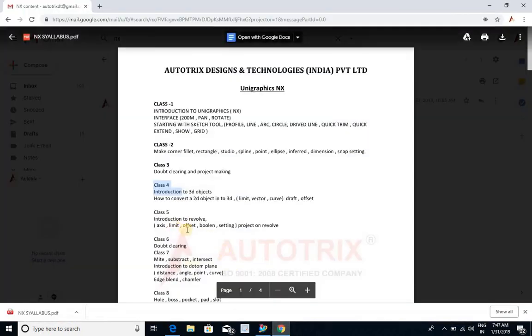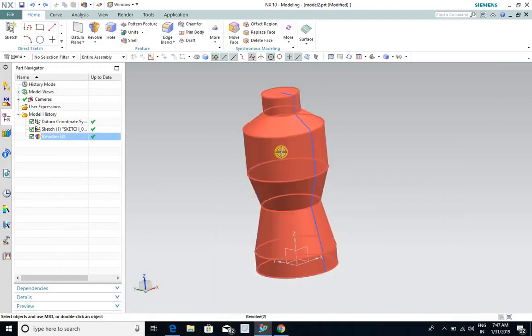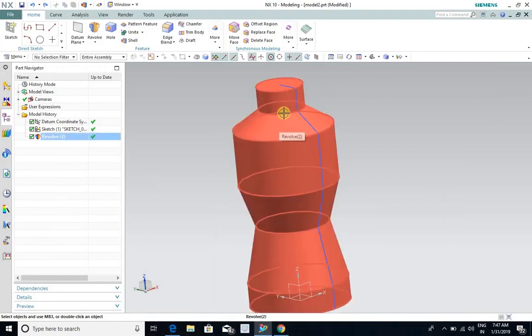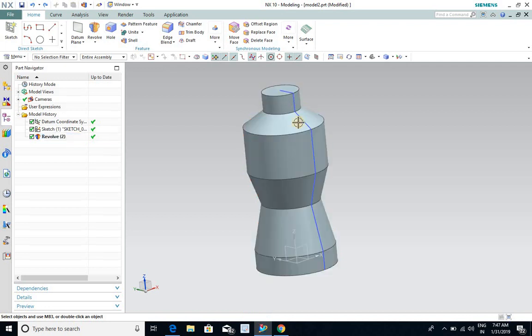And the next command is boolean. Boolean in revolve means how can you create. We used the revolve option for creating a 3D revolve. If you want to cut an object with this revolve command, you have to use these boolean options.